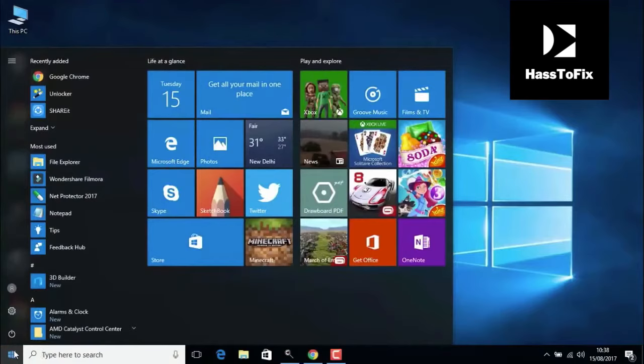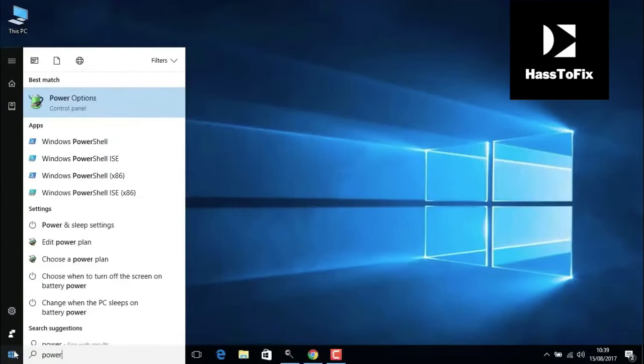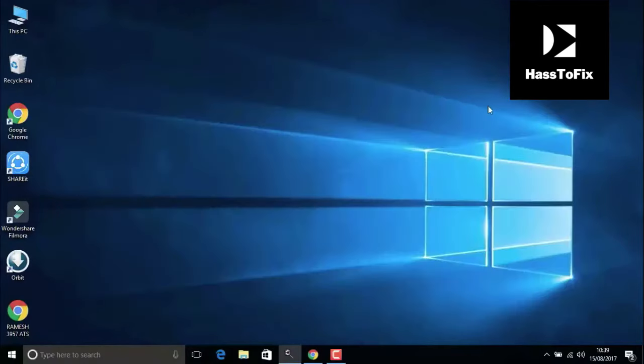So go to the start menu and search for power option. And then go down, as you can see, and make sure to select high performance. And then go back. When you finish, the next step is